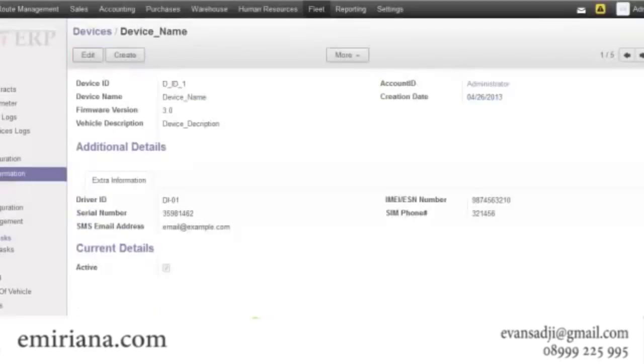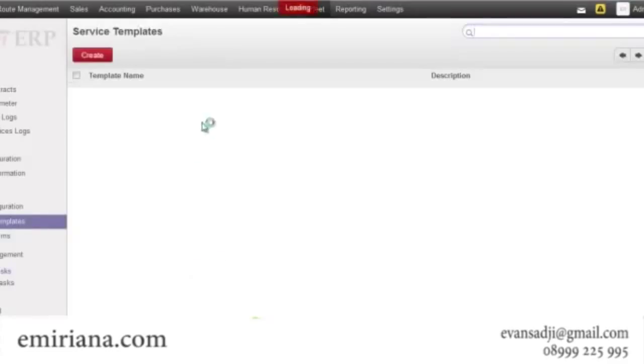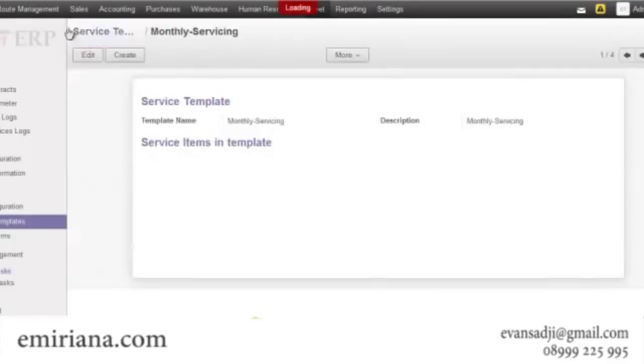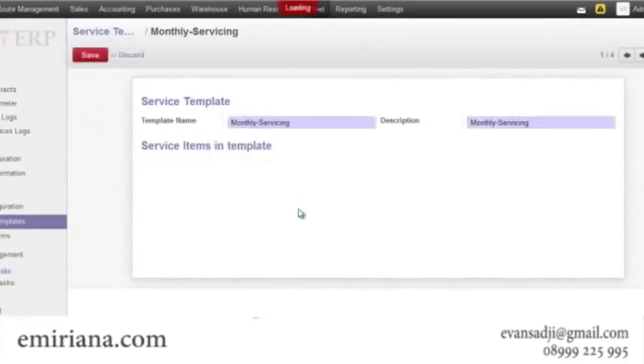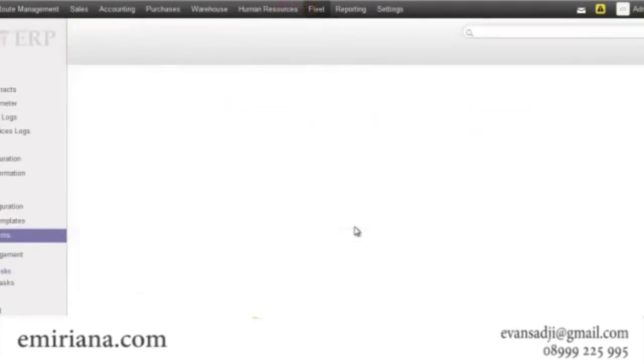Now we will move to the service management process. For that, first of all you can create the templates of the vehicles. A template is a thing where you can specify the service items that can be included in a particular template. Like here I have created a monthly servicing where I have specified the oil and brakes with their cost for that servicing. When we move to the service items,